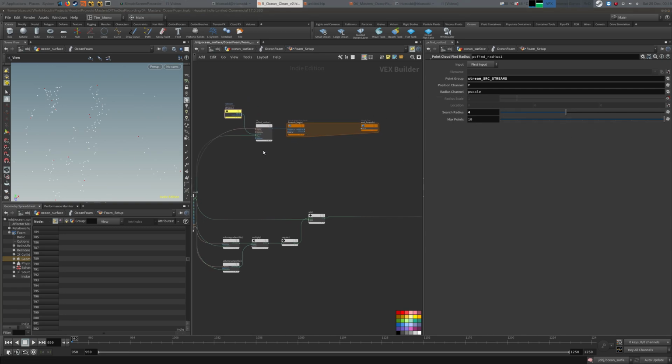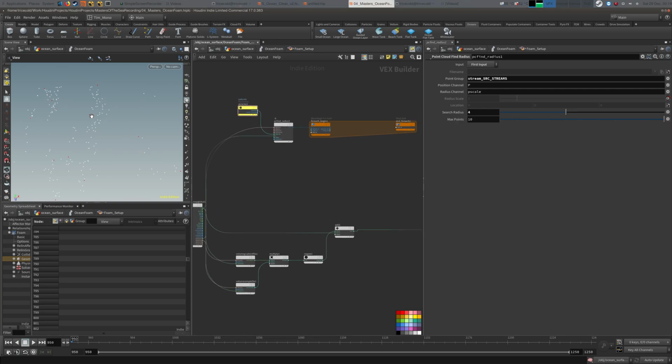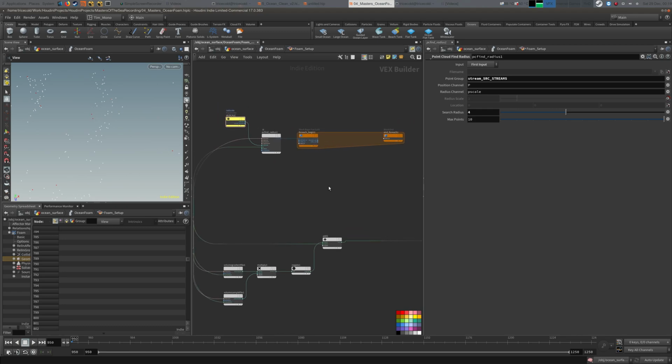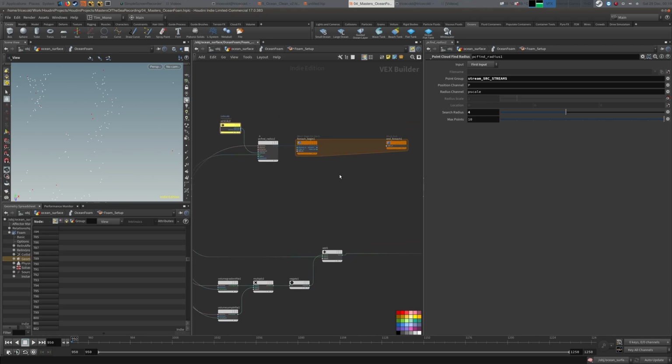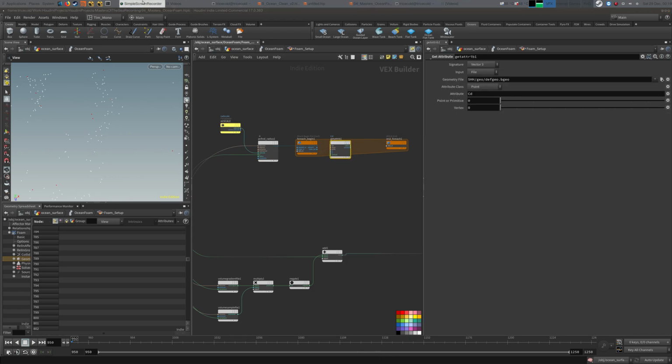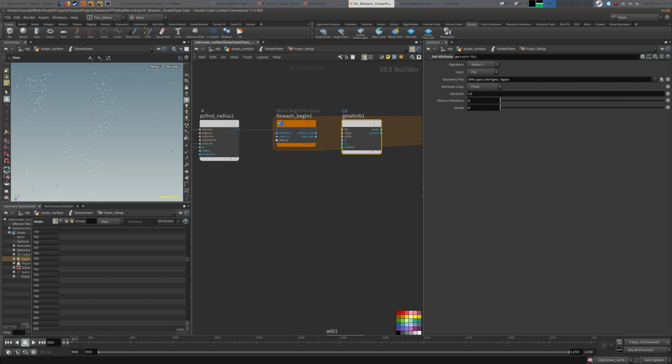So now what I want to do is iterate over this point and then create a vector from all these resulting points towards this guy. So I'm gonna create a normal against my target point, and then they're gonna draw some normals, which we're gonna do now. So how do I do that? I want to get the position of each found node by putting in a get attribute node, and I'm gonna connect element out to I1,